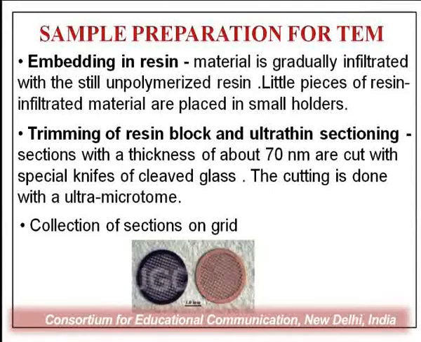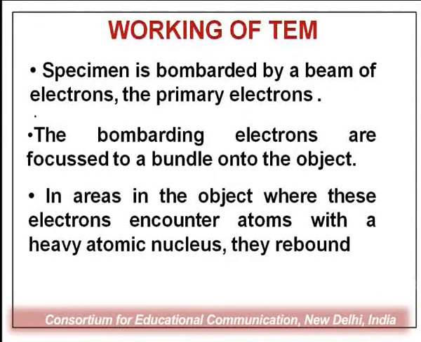These sections, with a thickness of about 70 nanometers, are cut with special knives of cleaved glass, so that a transparent or clear-cut sample we can get, so the light can transmit through it. The cutting is done with an ultramicrotome, and the sections are collected on a grid, that is on the screen. Now, working of the TEM: how does the TEM work? As again and again we are repeating, an electron beam is used,